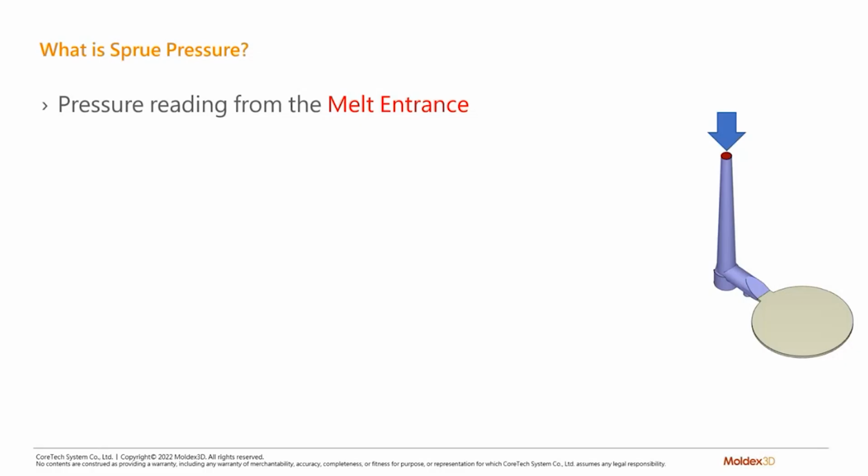So what is sprue pressure? Basically, the pressure reading inside the simulation is from the melt entrance. You can see it in the image on the right. Red is marked as the melt entrance. So that's where the pressure is recorded inside the simulation. If you have anything above that, for example a nozzle geometry, or if there is a hot runner, we want to make sure that we place the melt entrance at that and not on the cold runner. Because this is where the calculation will start from,